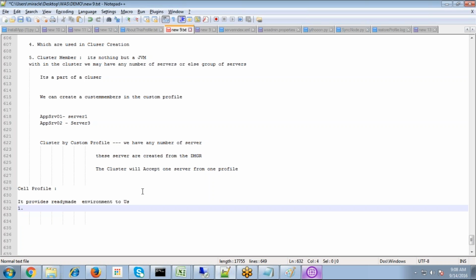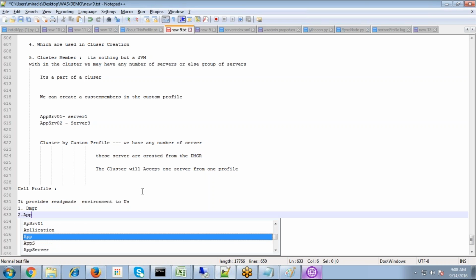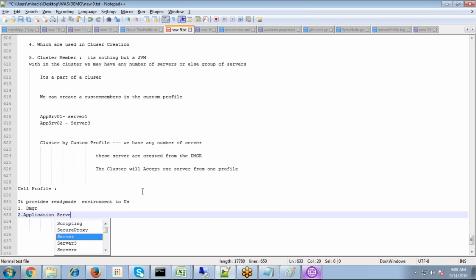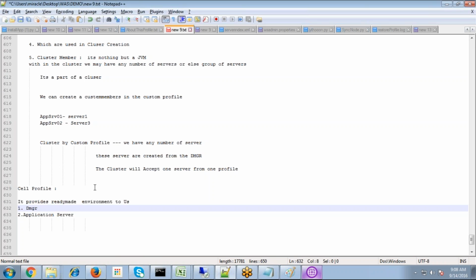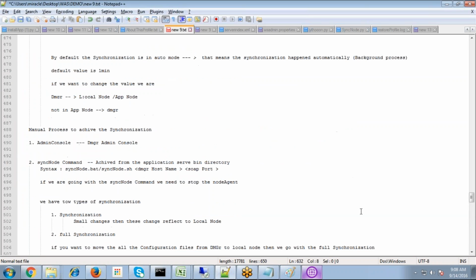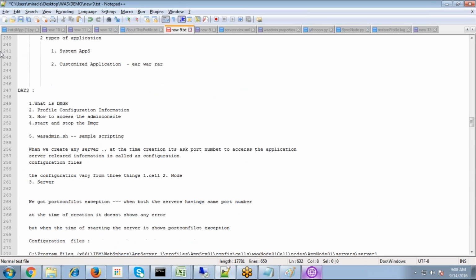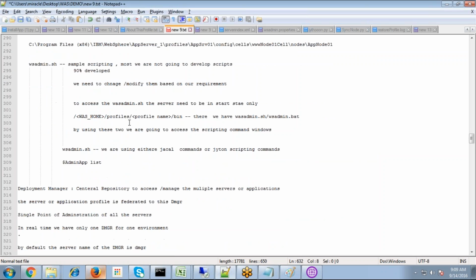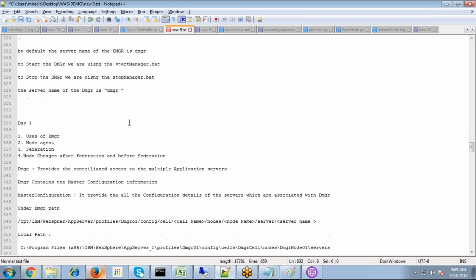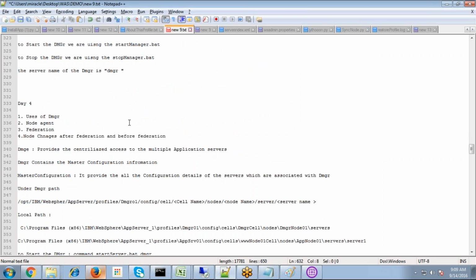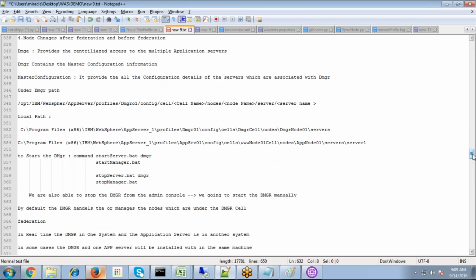Whenever we create the shell profile, it will create one DMGR and one application server, and it also federates this application server with the DMGR, like what we have done in the earlier stages. We created one DMGR and created one profile, and we federated that profile with the DMGR. So it is a long process, right? If you want everything to run at the same time at the time of profile creation, we are going to use